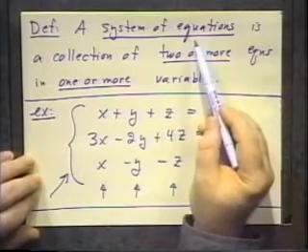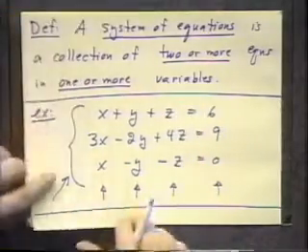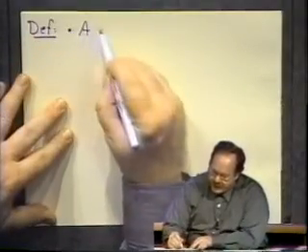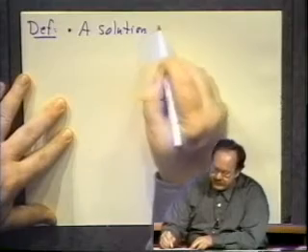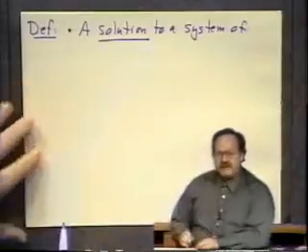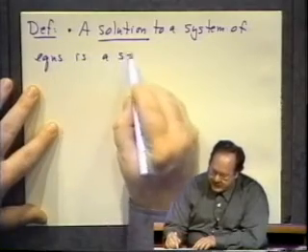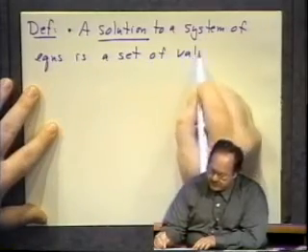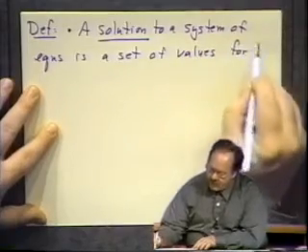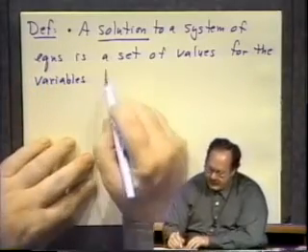Now, that's what a system of equations looks like, and this is what it's defined to be. What does it mean to solve a system of equations? It means to find a solution, and a solution is also what I said earlier. Let's get that written down. A solution to a system, so solution is what's being defined here. A solution to a system of equations is a set of values, these are real number values for us, for the variables, okay, values for the variables, that, and I like to say it this way,